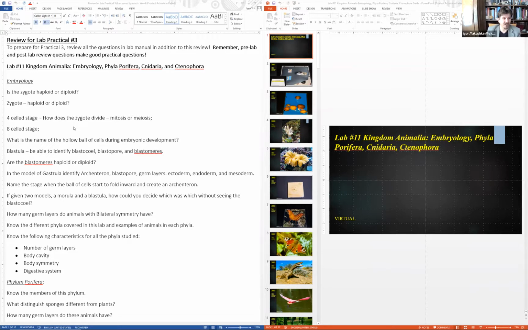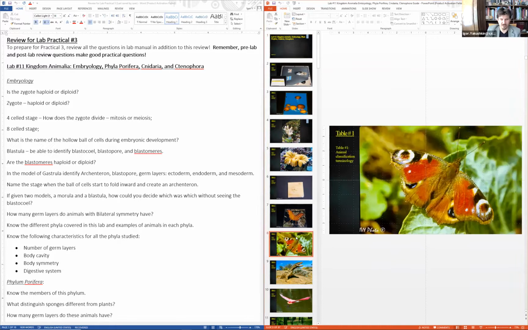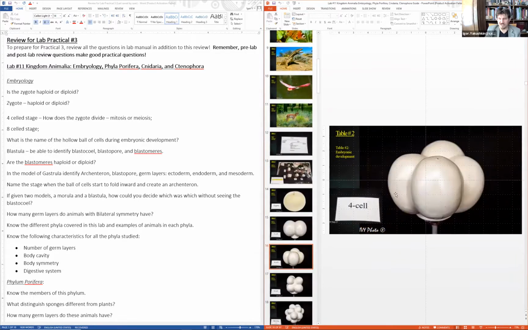Fourth cell stage, how does the zygote divide, by mitosis or meiosis? Let me look over the fourth stage cell. So meiosis, as you know, creates the haploid cells. Haploid cells are only egg or sperm. Is it egg or sperm? No. Therefore, it has to be